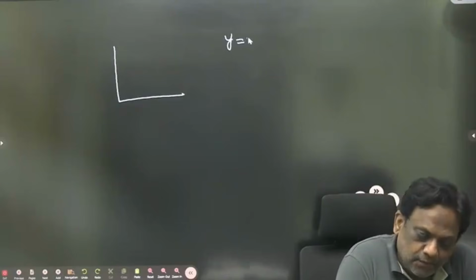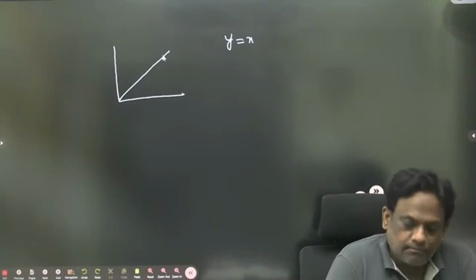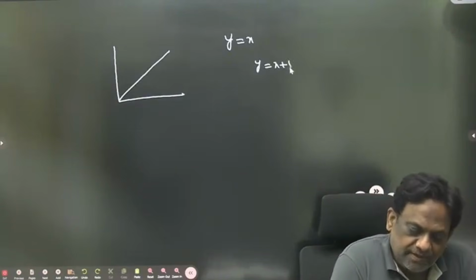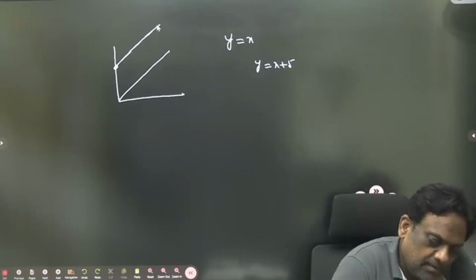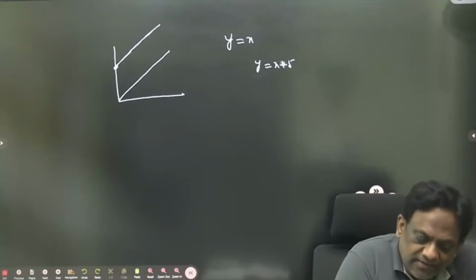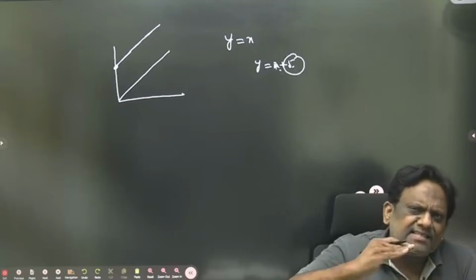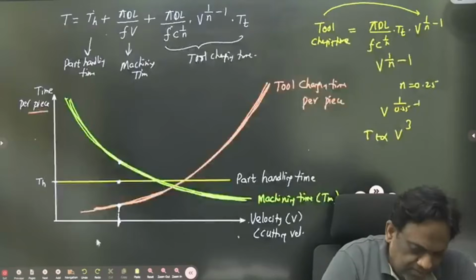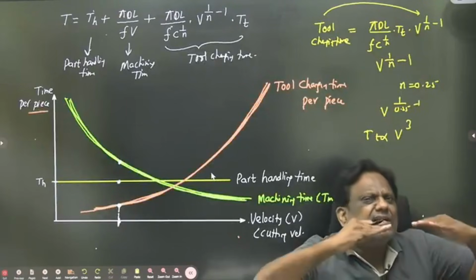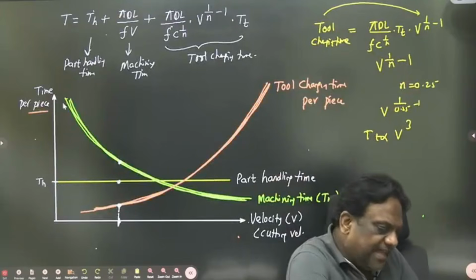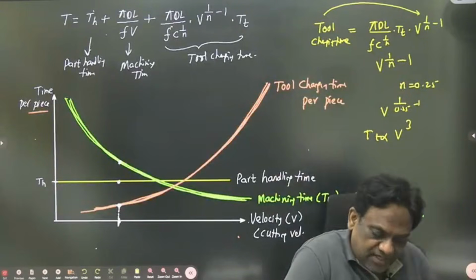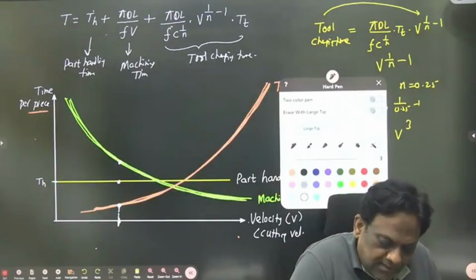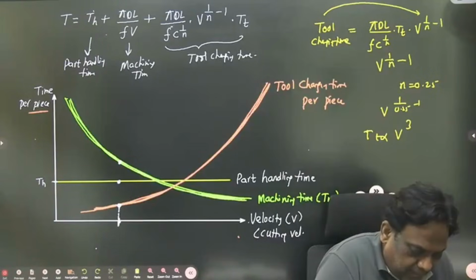For example, y is equal to x, y is equal to x plus 5, क्या फर्क है दोनों में? So when the constant is added, just the graph will shift. तो क्या होगा सर, जब ये कांस्टेंट ऐड कर रहा है, जस्ट ग्राफ शिफ्ट होगा। सो ये नेचर ऐसे ही रहेगा सर, these are the variables, ग्राफ will shift, and therefore if you want the total time, it will be something like this, my dear students.